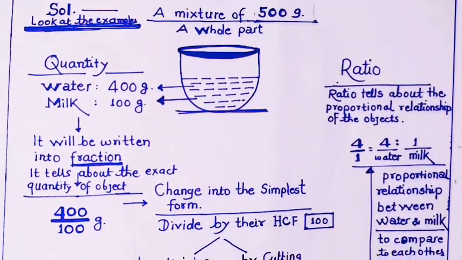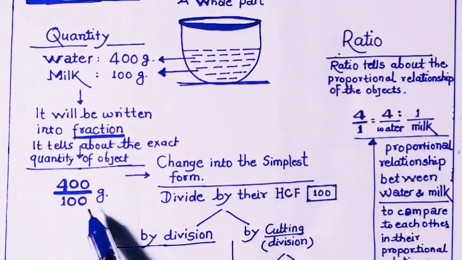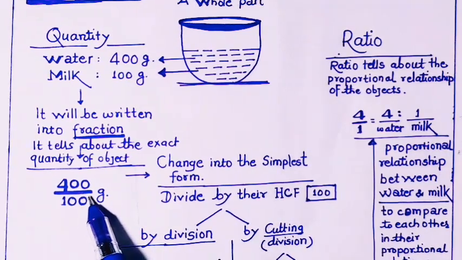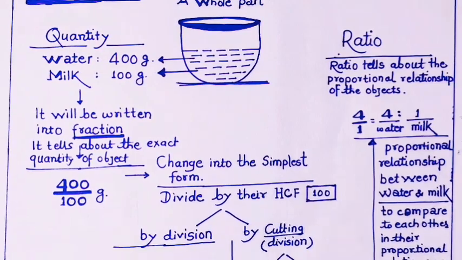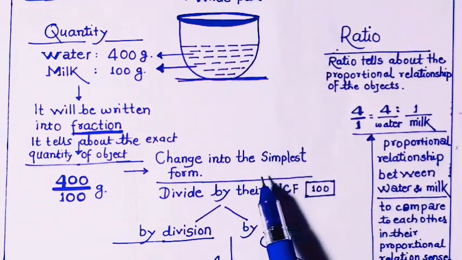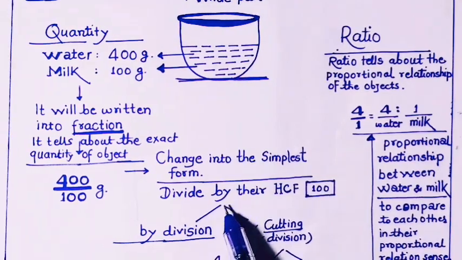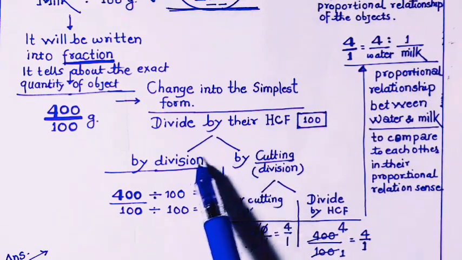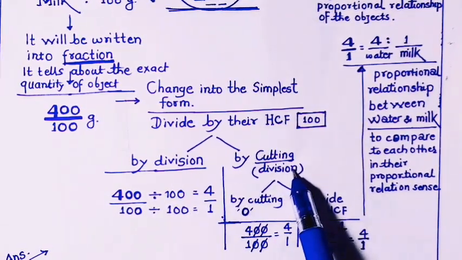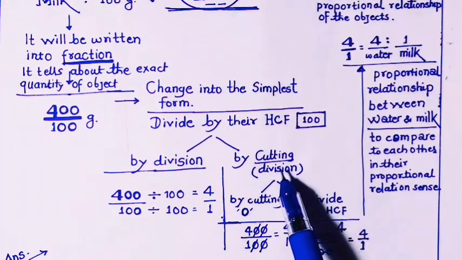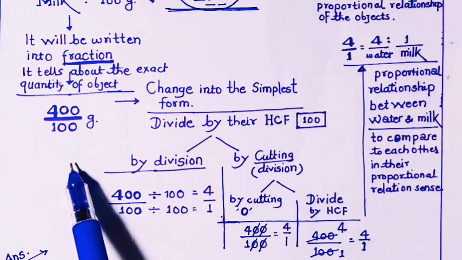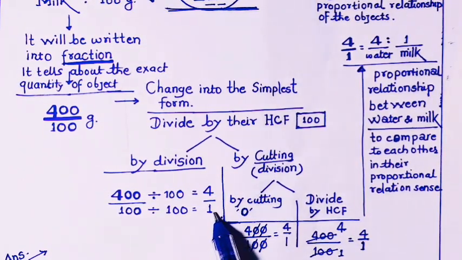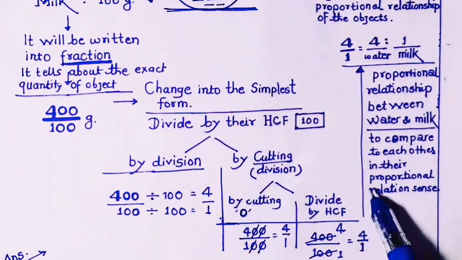and we shall change this number into the number of ratio. First of all, this number will be written as fractions, 400 by 100 grams. 400 grams water and 100 grams milk. This number will be changed into the simplest form. In this way, divide by their HCF. By division and by cutting the number, we can change this fractional number into the simplest form. And when this 4 by 1